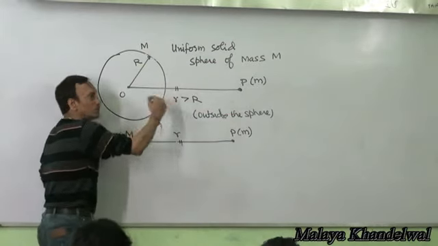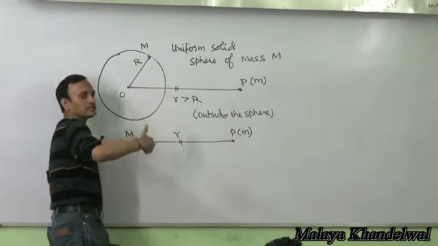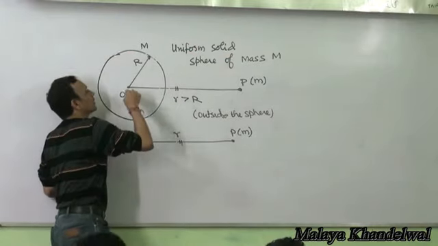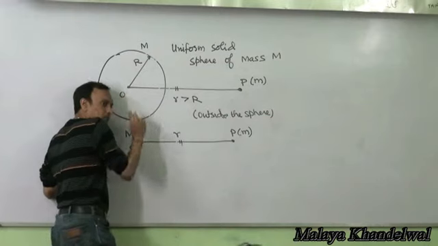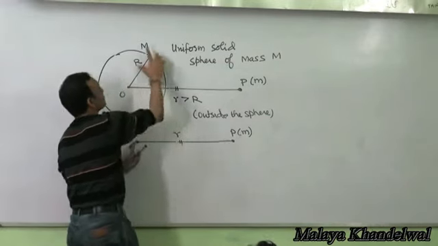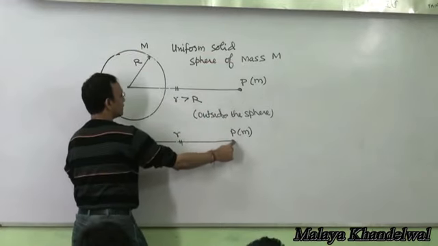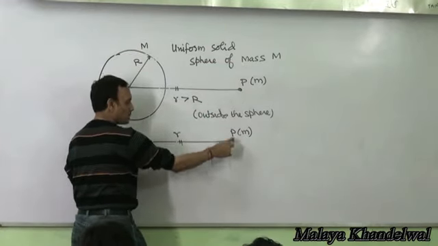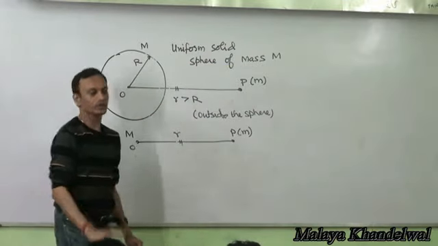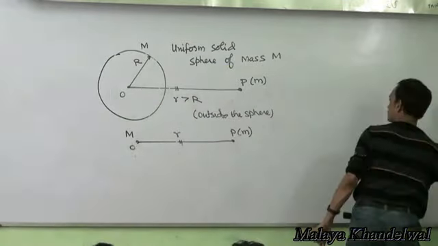For points outside the sphere, in order to look at its gravitational influence, I can replace this entire sphere by a point mass capital M placed at the geometrical center of the sphere. And the force between this sphere and this mass m will be G capital M into small m by R square, right? That's one thing that you must remember. The second thing is,